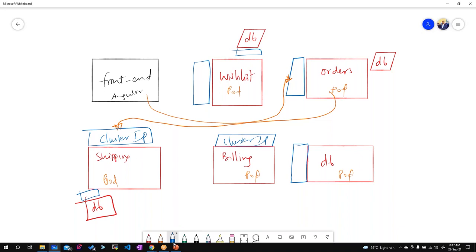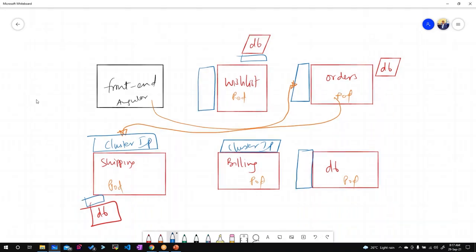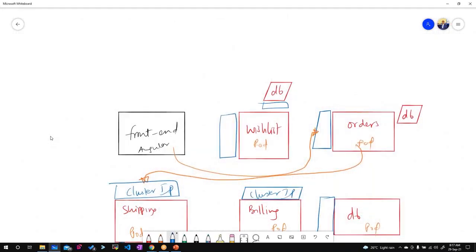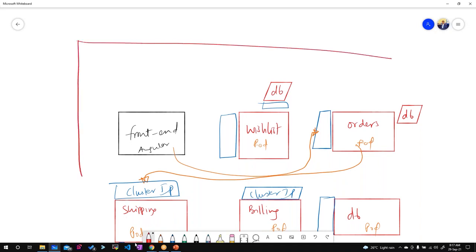Now the front end has to be exposed to the outside world, right? Correct. So the front end has to be exposed to the outside world. Okay, let's say that this is the node. So these are nodes or a node pool, you can say a group of nodes, because for Kubernetes it is a complete system, it is one system.